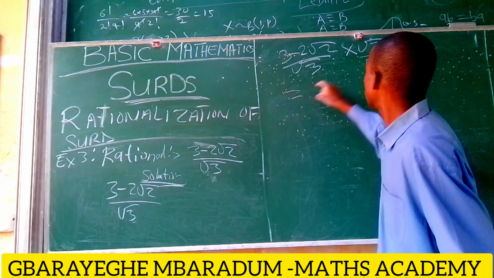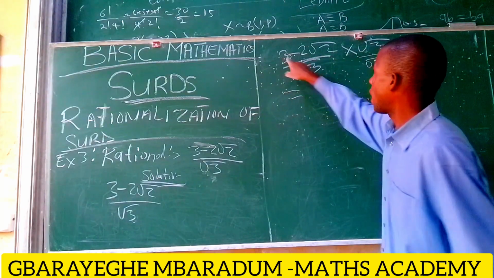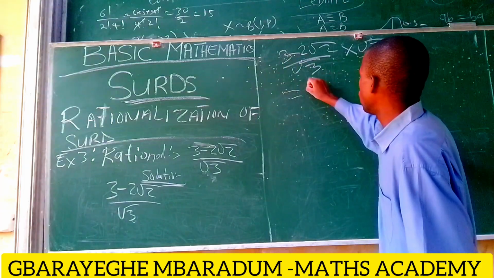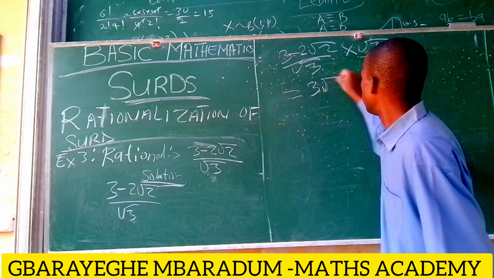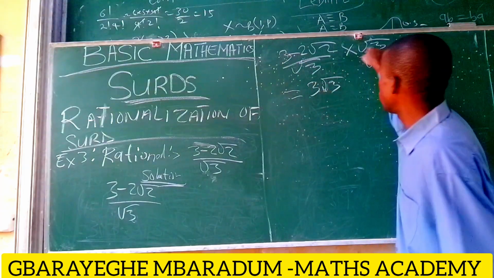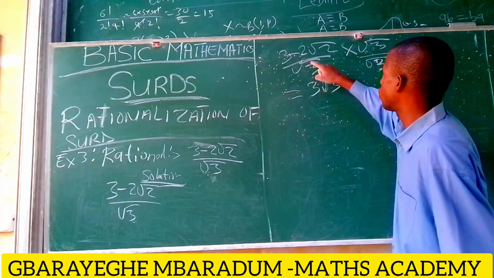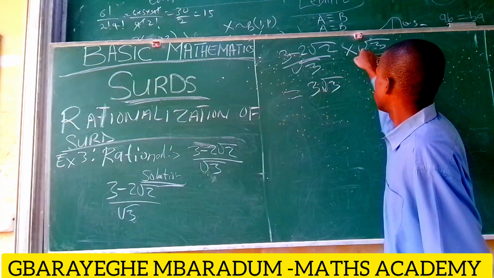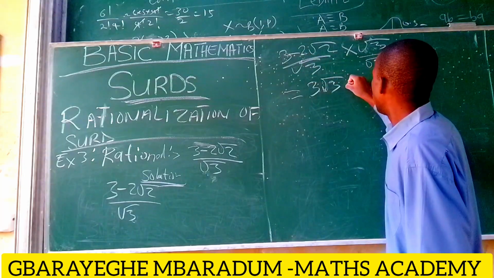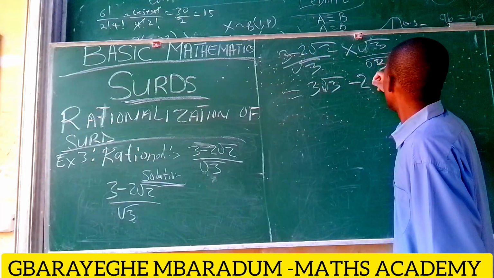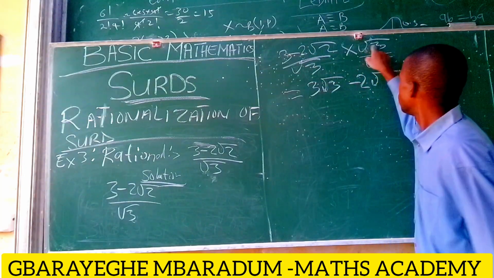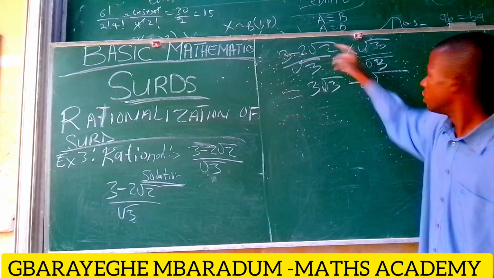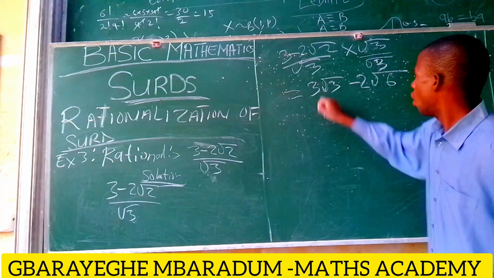Now we are going to have root 3 multiplied by 3, which gives us 3 root 3. Root 3 multiplied by minus 2 root 3 gives us minus 2 root 3 times root 3... so 3 times 2 is 6, all over